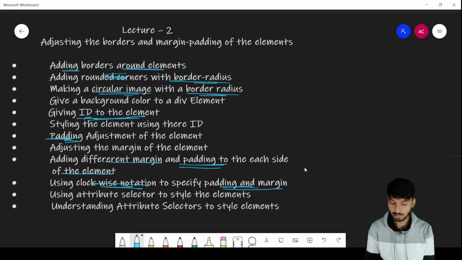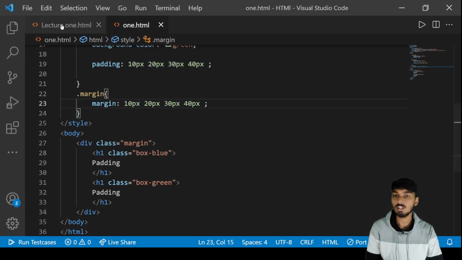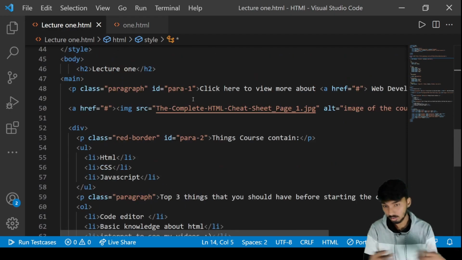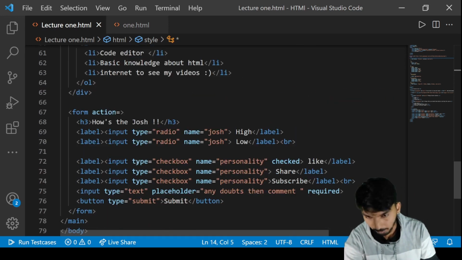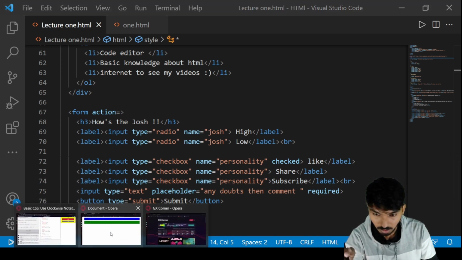Okay, now let's see attribute selector to style the elements. So what exactly is the attribute selector? Let me show you a code that we did in lecture 1. So in this code, let me show you. Let's come to this particular type. So in this form, which is